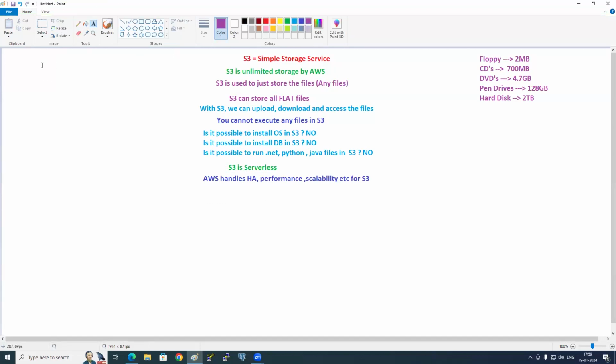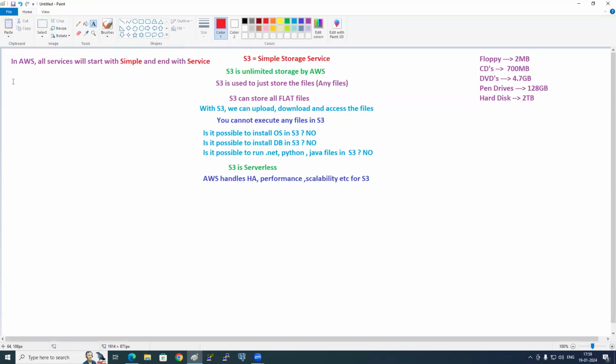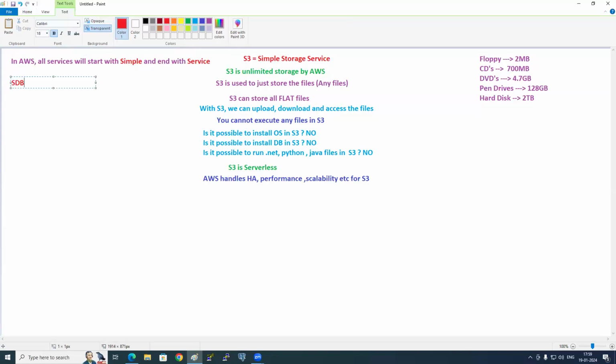And I'll write this for you here. In AWS, all services will start with simple and end with service. So what is the full form of SNS? Simple Notification Service.